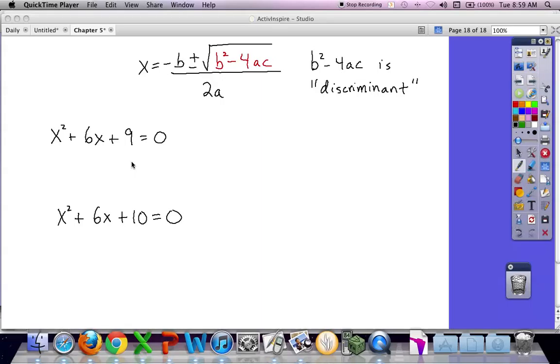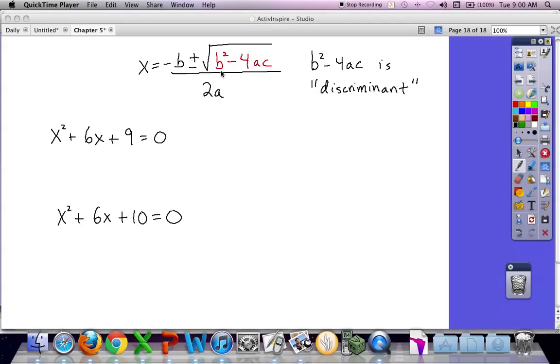This is example 4. Check understandings 4A and 4B from page 288. In this problem, we're asked to determine the number and type of solutions that we expect. This is based on part of the quadratic formula, and the part we're interested in here is only the part underneath the